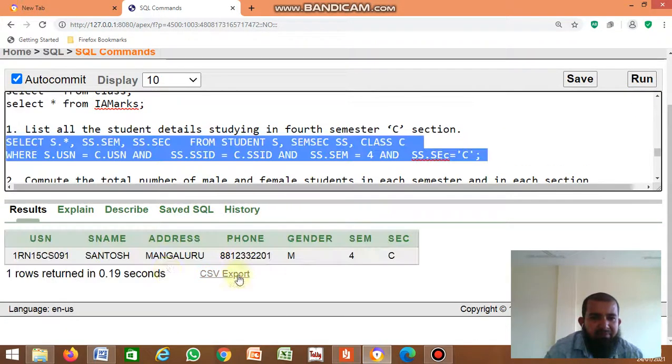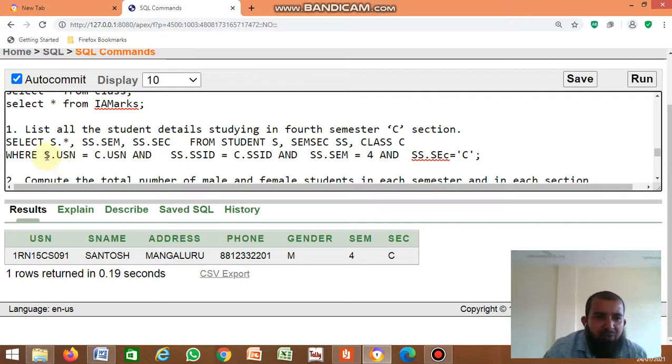Now see here, Santosh from Mangalore, with phone number. So he is the only student from first semester C section. Is that clear? Here you need three tables: student, semester section and class.